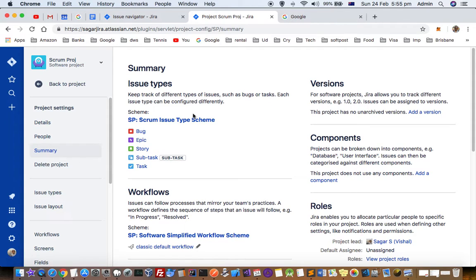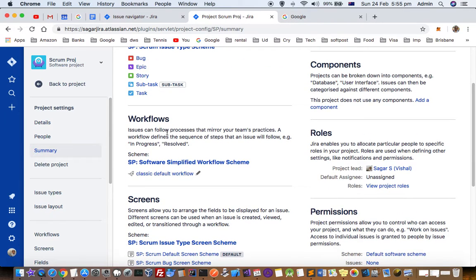There are going to be different issue type schemes based upon what kind of project you are working on. Then you can also see the versions of the project, components of the project over here. Right now there are no versions or components for this project. Then what workflow this particular project is using. Right now you can see that it is using classic default workflow,